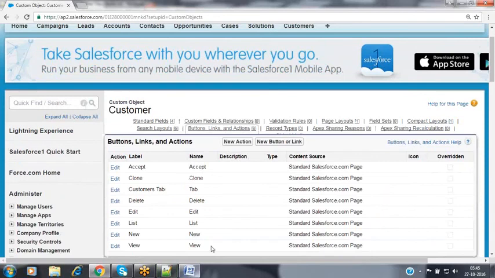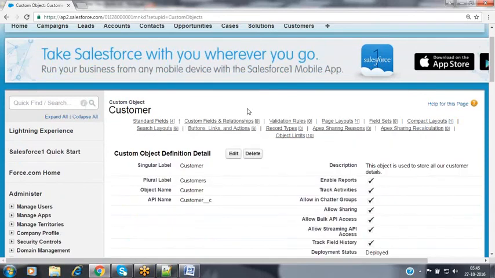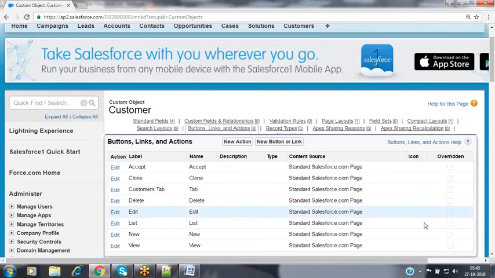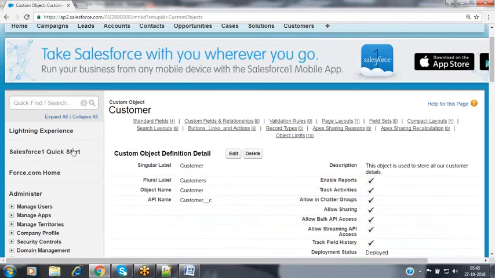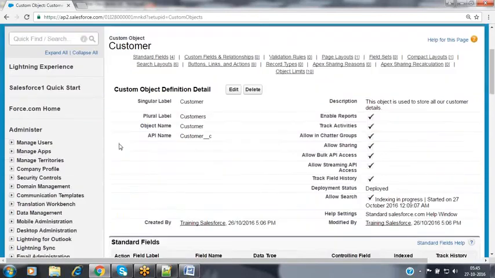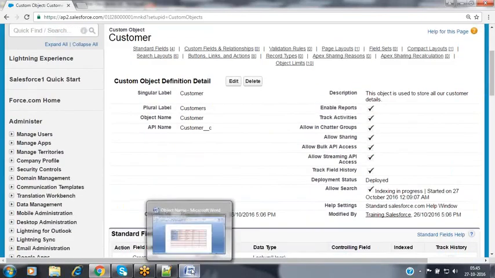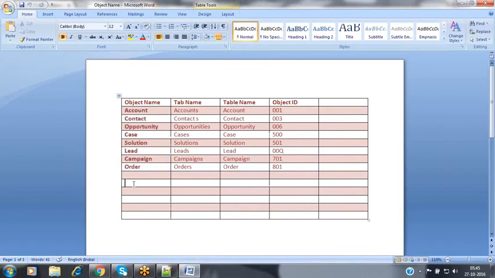Now, for that object, will Salesforce allocate any ID? Yes. What is that ID allocated by Salesforce to you here? For each and every custom object also, Salesforce is going to allocate some ID. Let's see. We are creating the object customer. The tab name is Customers.